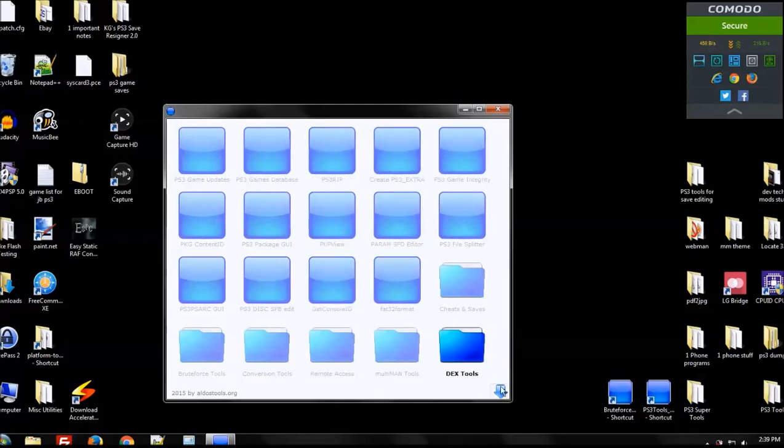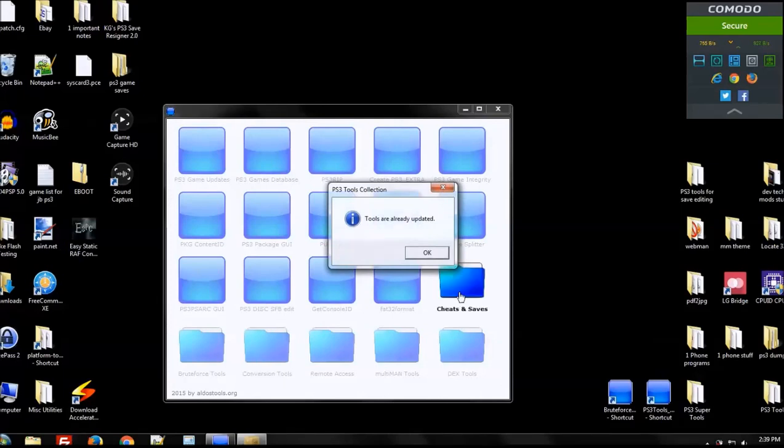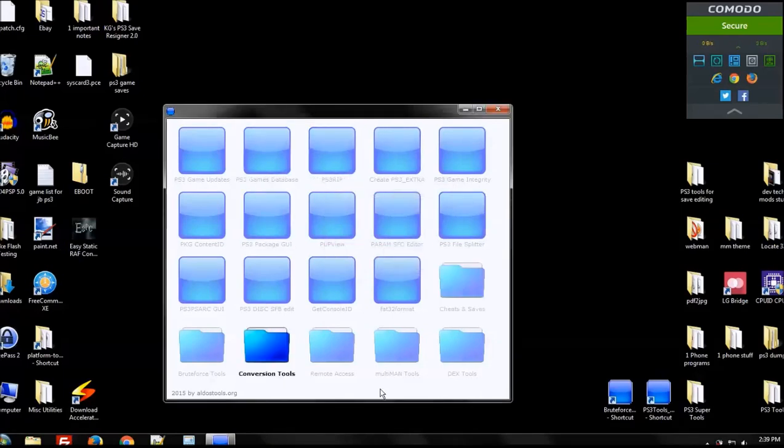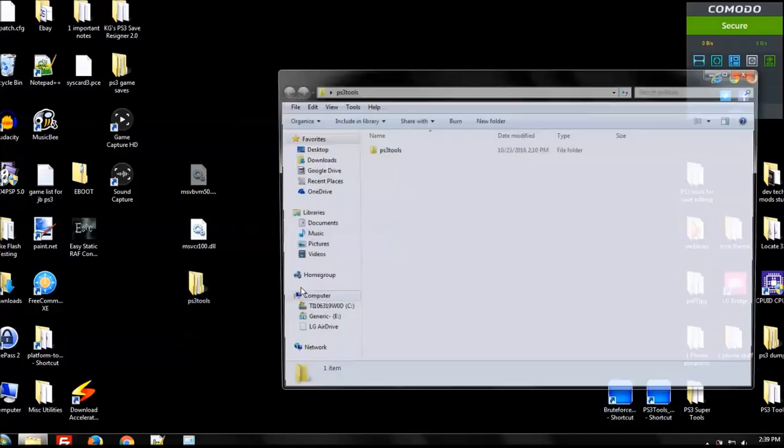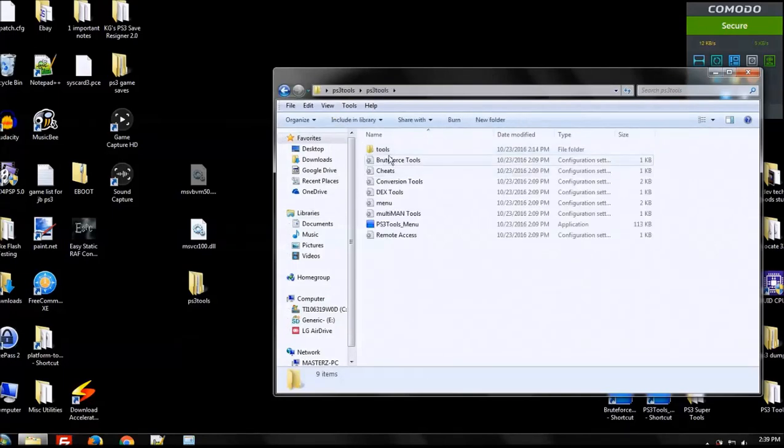I also suggest that the first thing you do is click on the download arrow, and it's going to download any updates that any of these may have. It's great because everything is done in one shot. All your downloads to keep everything up to date. So you may want to do that. Now let's go into tools,